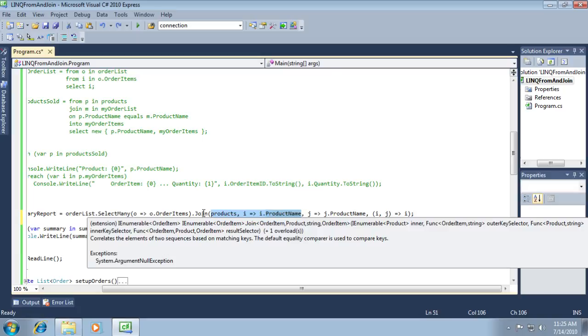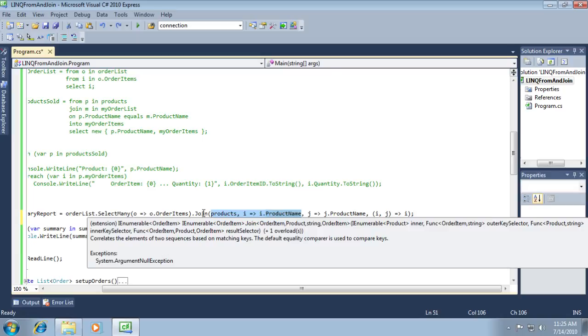There are four types that are required to make this work. Notice first of all that the input parameter IEnumerable of type Product will be the inner part of the join, and that we'll need next a Func of OrderItem and string as the outer key selector, and then a Func of Product and string as the inner key selector, and then a Func of OrderItem, Product, OrderItem as the result selector. Whew,